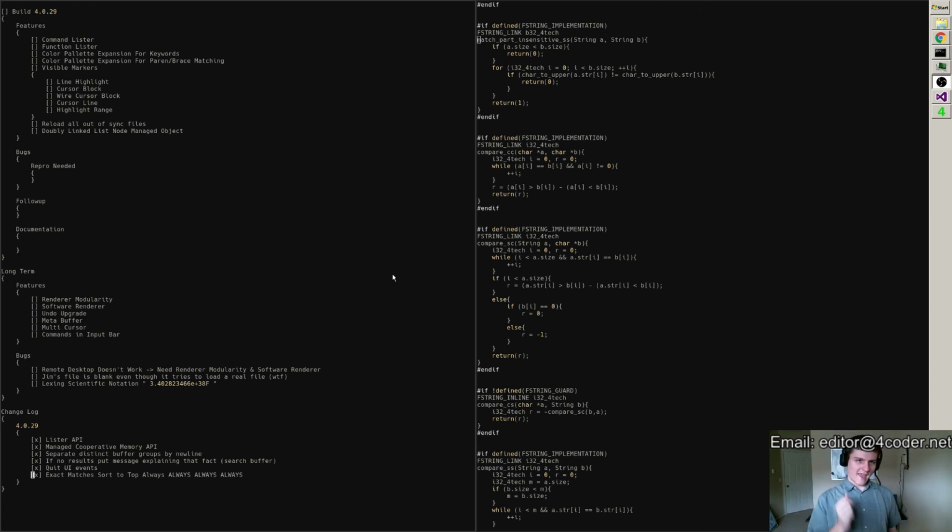We now have exact matches getting popped to the top so that you don't have to scroll down when it won't take you to the file you want. If you type in its exact name, you will get it. So that's cool. We have